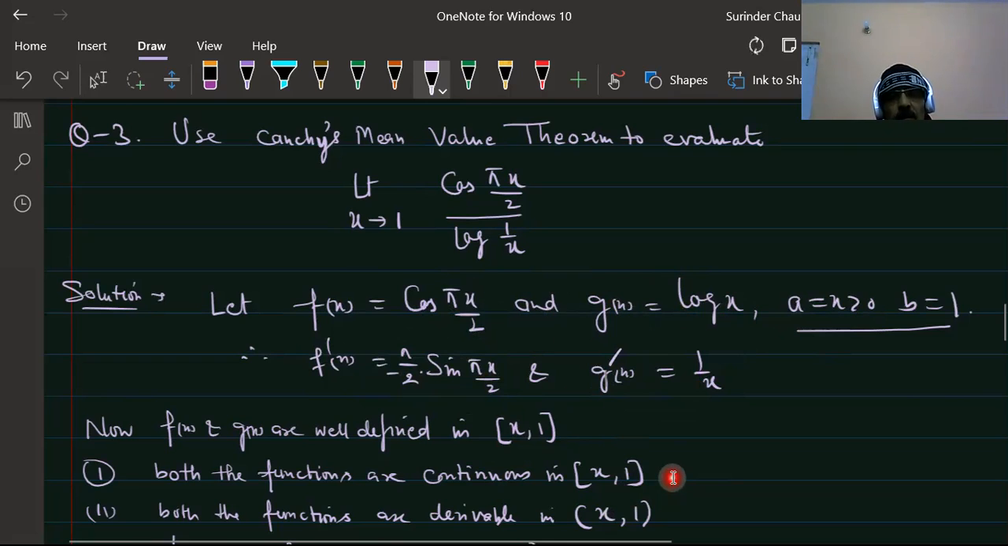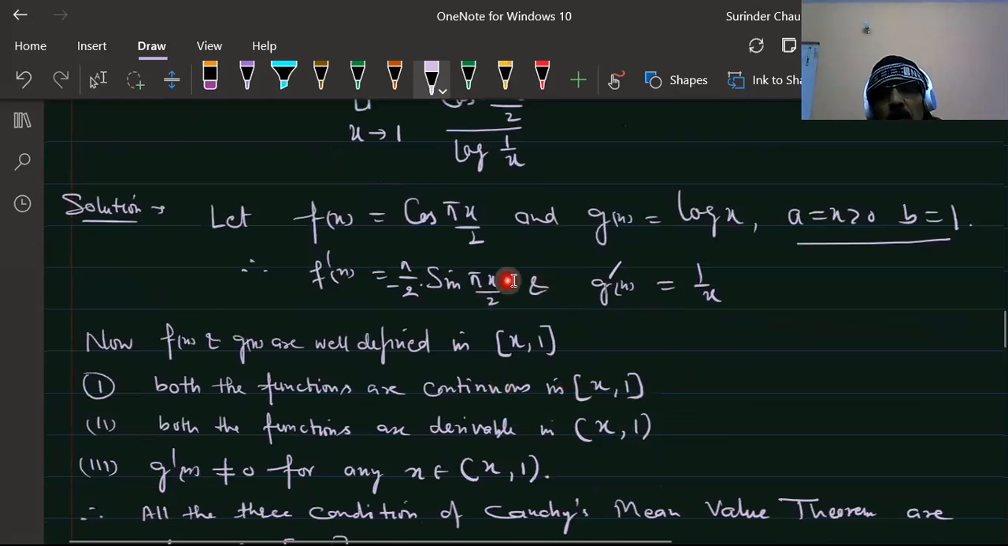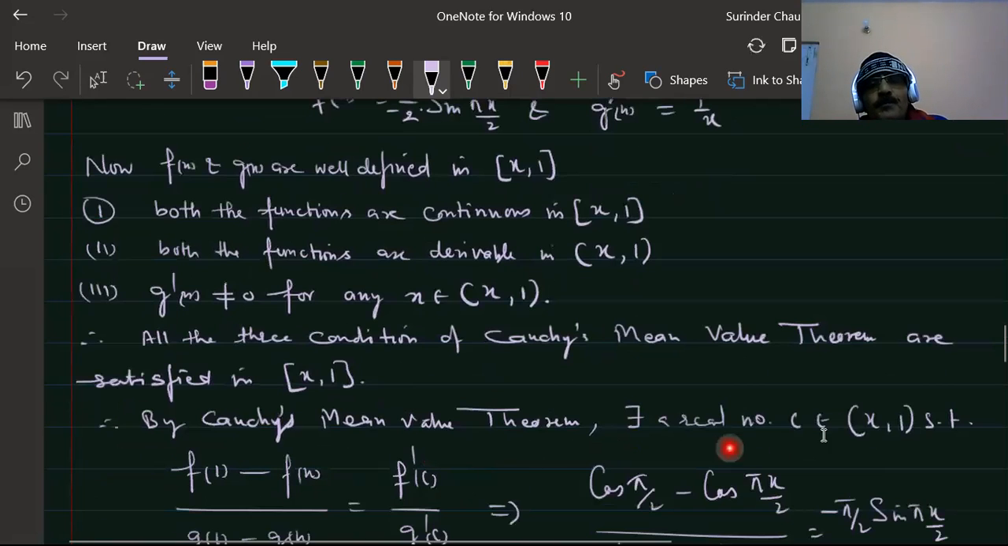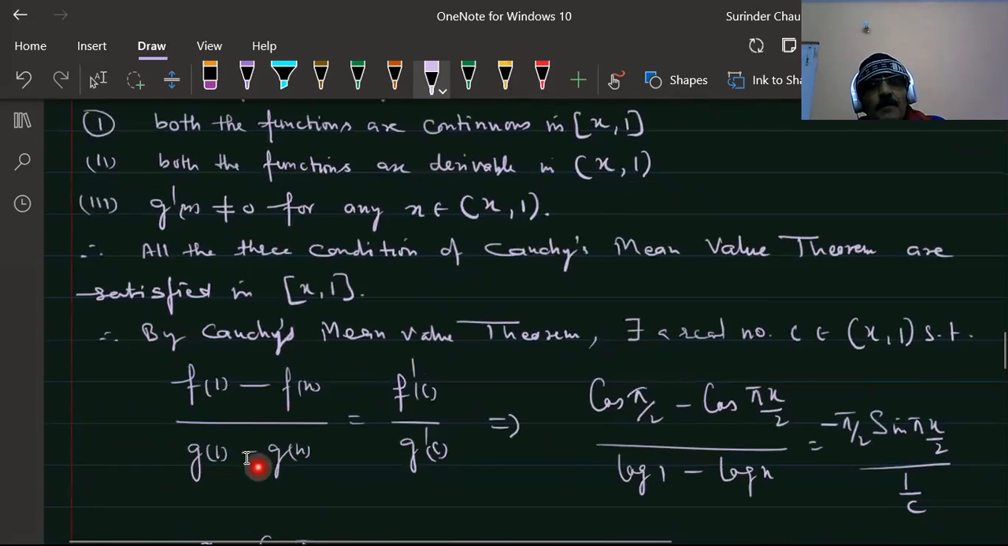And in the interval x to 1, g dash x is not equal to 0, because x equal to 0 is not included in this interval. So f(x) and g(x) satisfy all the conditions of the Cauchy mean value theorem. Therefore, there is a point c belonging to the open interval x to 1 such that